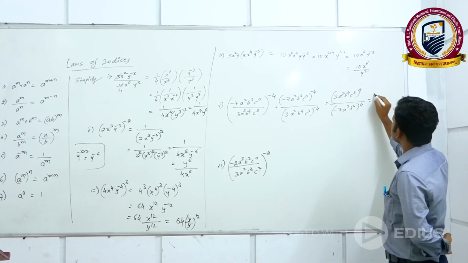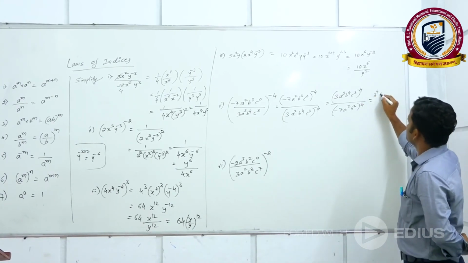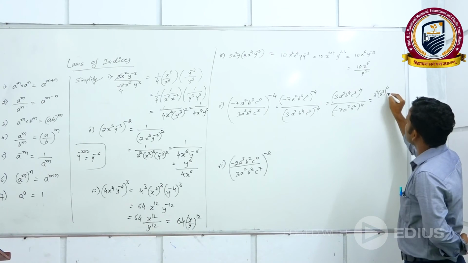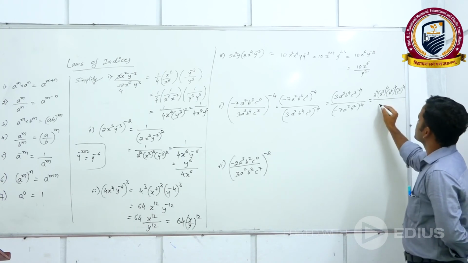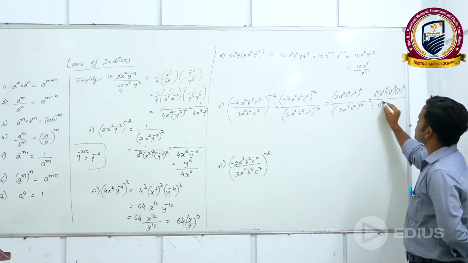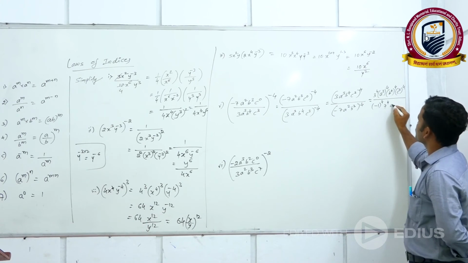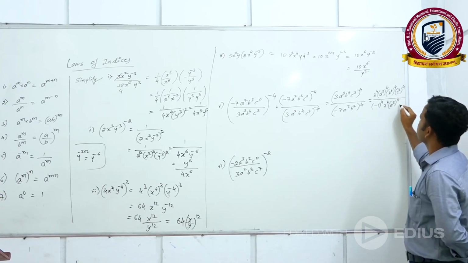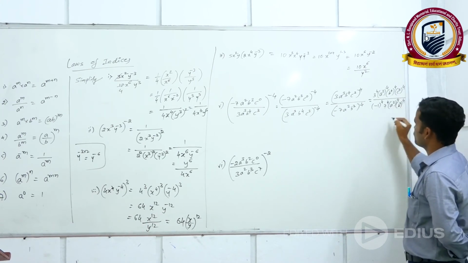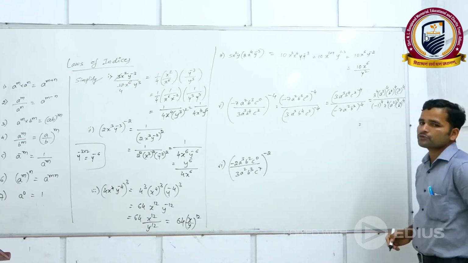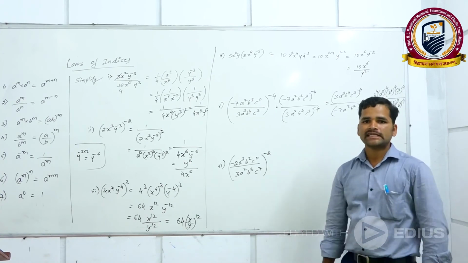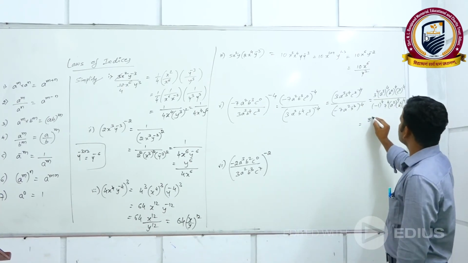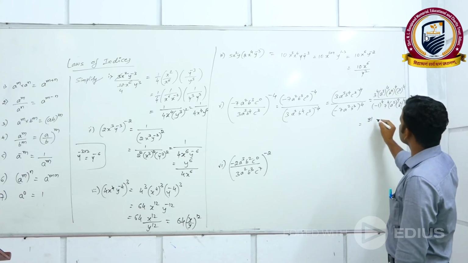3a cube, yes, this is 3 raised to 4, a raised to 3 whole raised to 4, b raised to 4 whole raised to 4, c raised to 3 whole raised to 4, divided by minus 1 to the power of 4, 7 to the power of 4, a square to the power of 4, and b cube to the power of 4. Yes, 3 to the 4 is 3 into 3 into 3 into 3, 4 times it is getting multiplied. Answer is 81. A cube whole to 4,